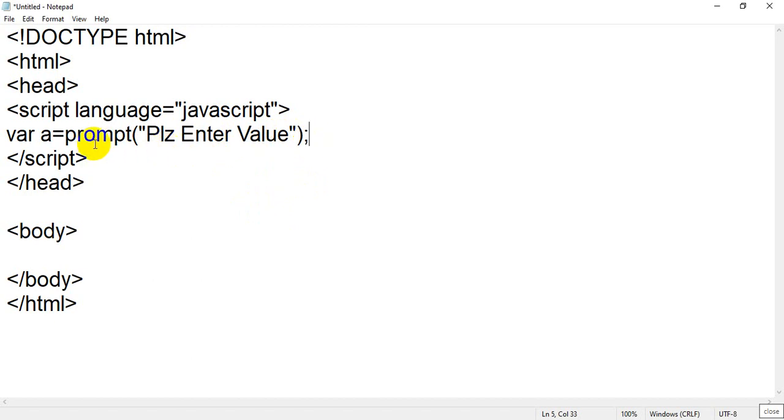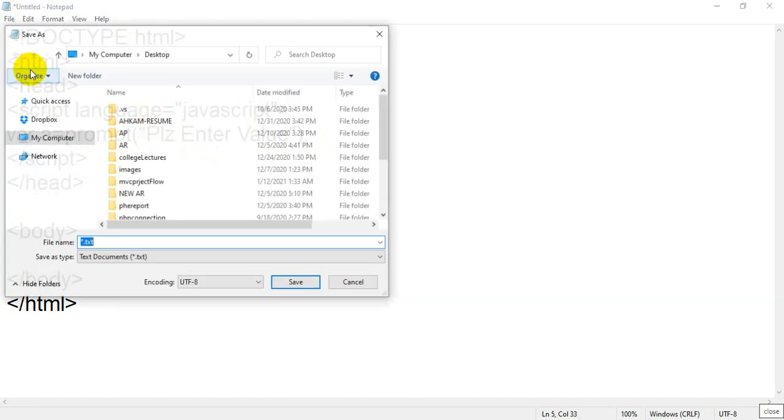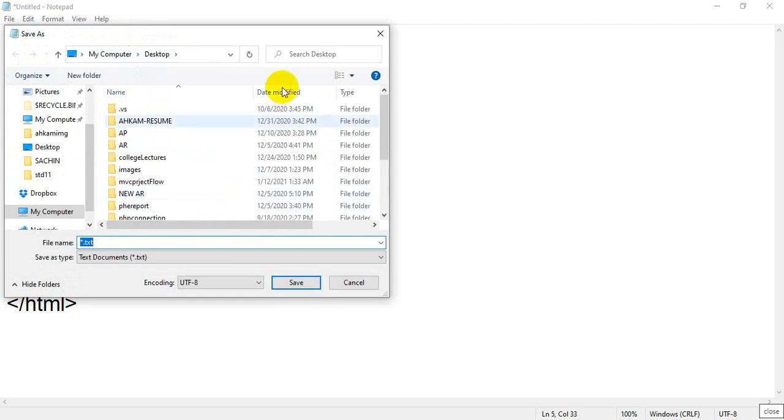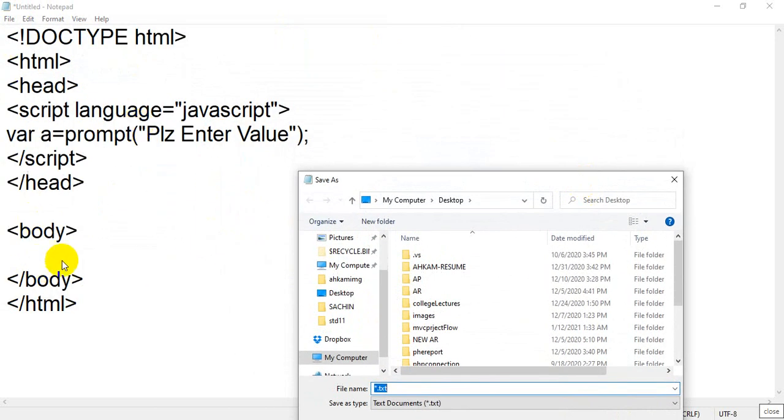Now I have used the prompt function. This function will accept some value. Let me save the file. We will see the code line by line, so you will get a clear picture of what we are working on. Initially we have created a simple HTML page. We don't want to display anything, we have not written anything till now, but I have declared a variable in which I will store some value. This value will come from the user because I am using a function called prompt.